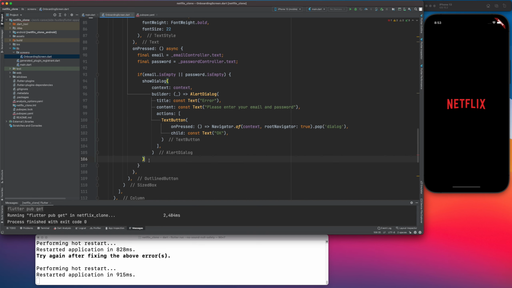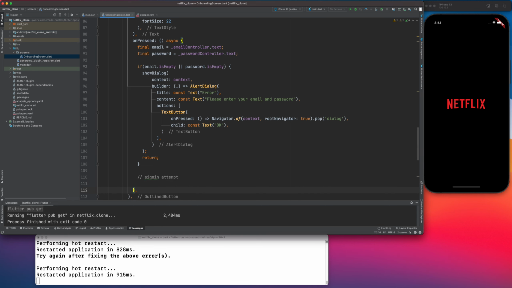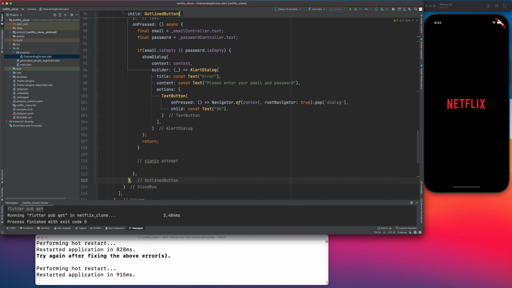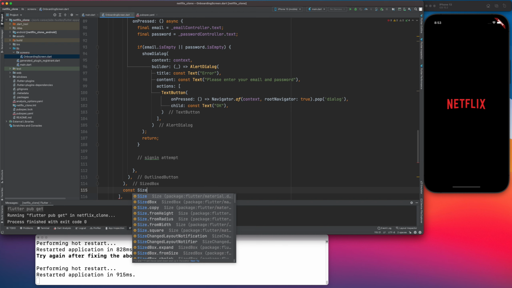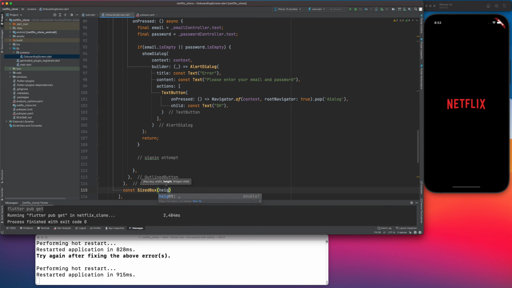Correct. So it will pop this dialog, and then this showDialog has to end here, right? And inside this if, we would just return, okay, this was wrong, and here the sign in attempt will come in the future, right? Not right now. And then after the SizedBox, we are going to create a few more things. SizedBox height